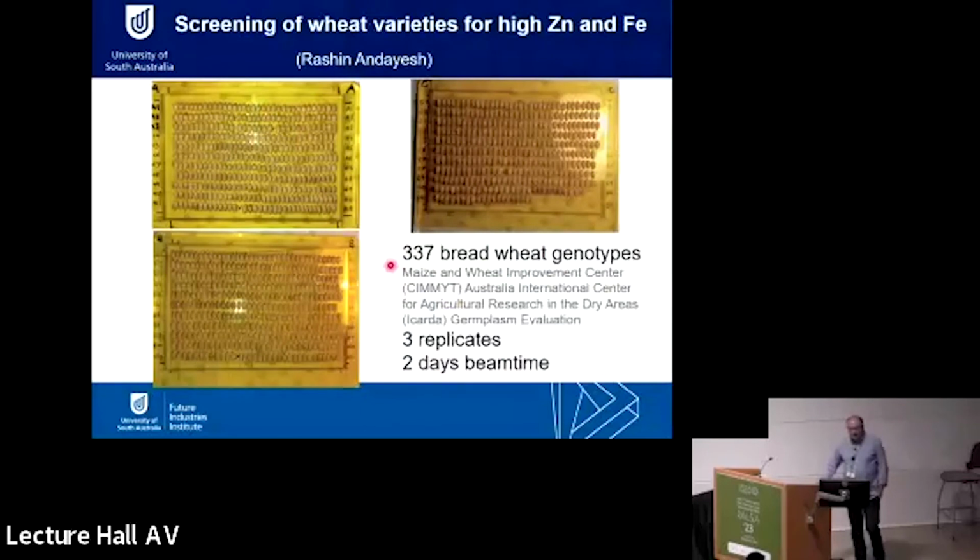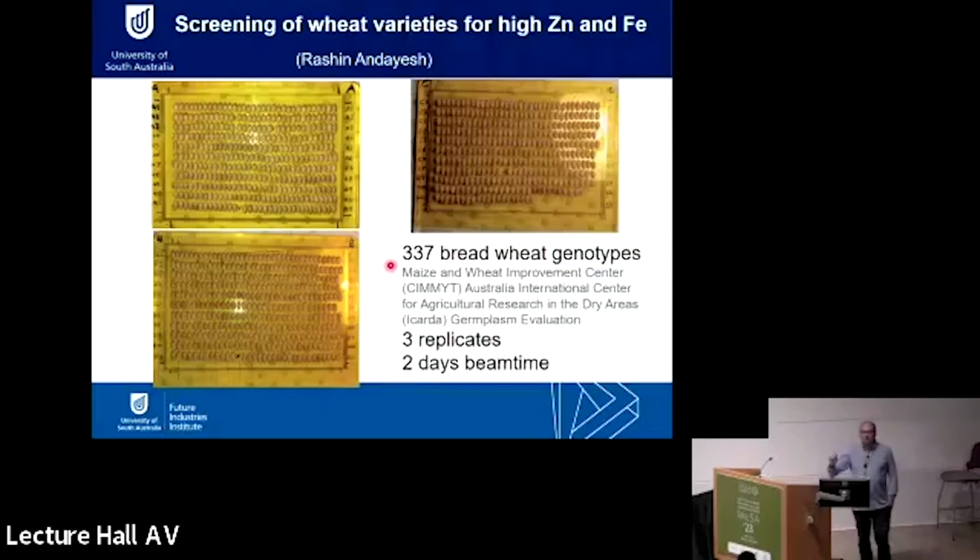More recently, we have moved into looking at wheat for the same reason, looking at iron and zinc. So this is a nice data set. We use 337 bright wheat genotypes, all grown on the same soil and the same condition with the same fertilizer regime and so on. And in this case, we also look how many replicates you need to have